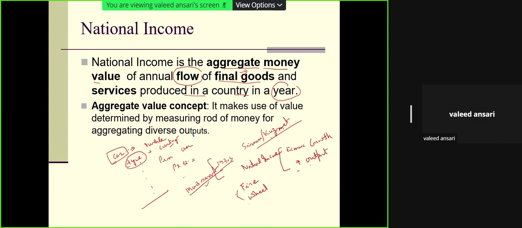And moreover, please keep in mind, as I discussed in my last part, that national income only includes materialistic goods, because not everything which is measured in terms of money is of value or utility. There is something beyond that also. If you have any question regarding this, you can ask before I close, and we'll continue tomorrow with this discussion. So when we are talking about the price, are we considering the cost price or selling price?